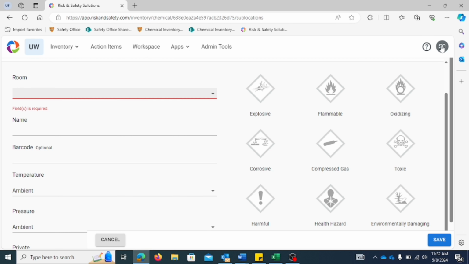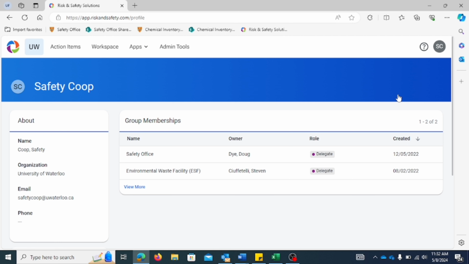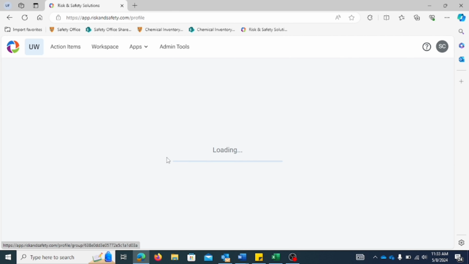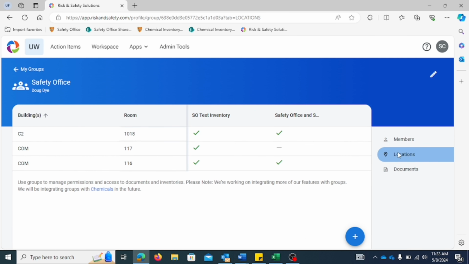To do this, click on the initials in the top right corner of the screen and select Profile. It may say your name in some instances. Under Group Memberships, select the group that the room is missing from. Click the Locations tab on the right. If the location is not in the list, it can be added using the blue plus mark on the bottom